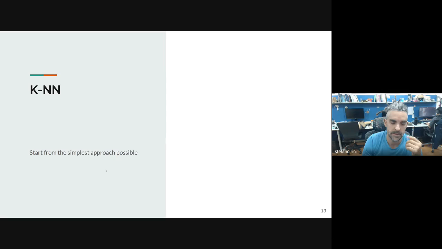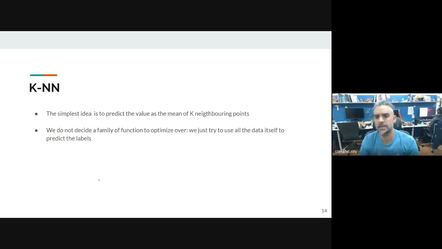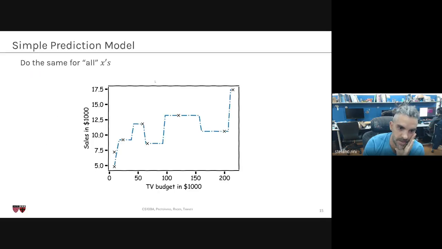In particular, we look at k and n, where k is a number, and n is nearest neighbor. So n here is not neural networks, it's k nearest neighbor. The k nearest neighbor is the idea that if you have to predict something, you look at the k neighbors of a certain point, and you have a prediction which is just based on the values of your neighbors. Let's see what is the simplest example here.